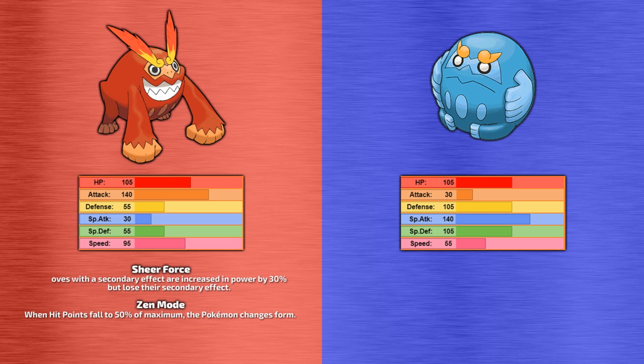Now technically Zen Mode Darmanitan's ability is Zen Mode, but in reverse, since if its HP somehow rises above 50%, it will transform into Standard Mode Darmanitan. But technically it really doesn't have an ability. Now it's time for me to decide which of these two forms of Darmanitan I prefer, and I'm gonna go